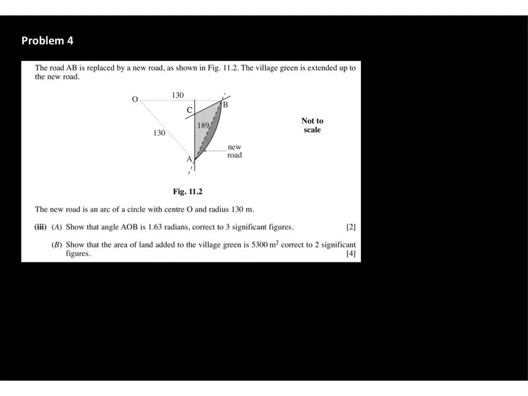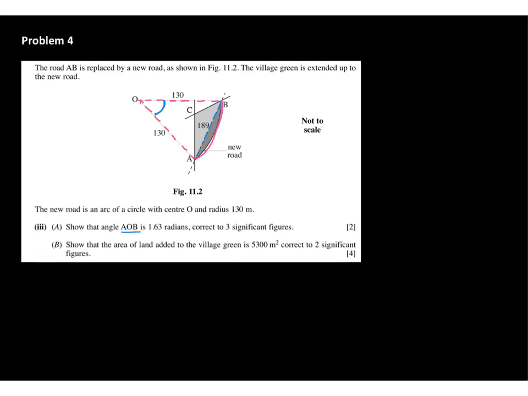So the new road is the arc of a circle with a centre at O. So here's the new road, and a radius of 130 metres. So you can see the radius there as well. Show that angle AOB is 1.63 radians. So where's angle AOB? It's this angle here. And we've got to show it's 1.63 radians. Now, how can we do that? Well, we know that this length here is